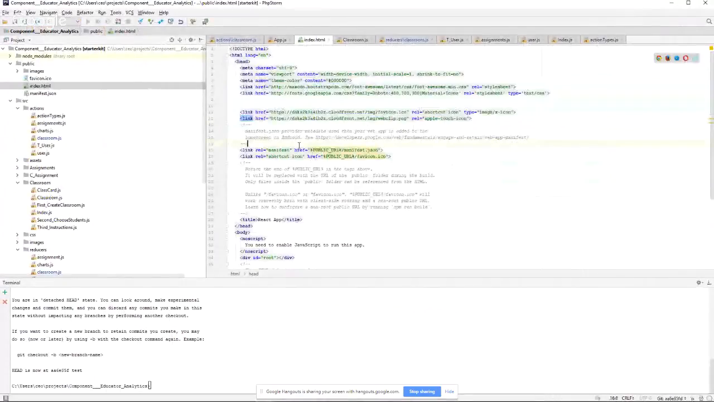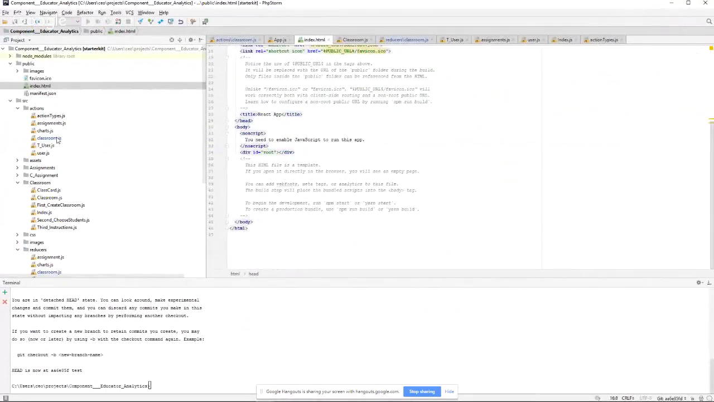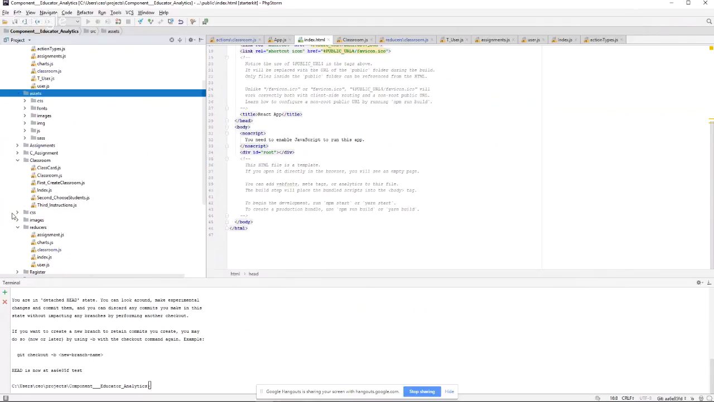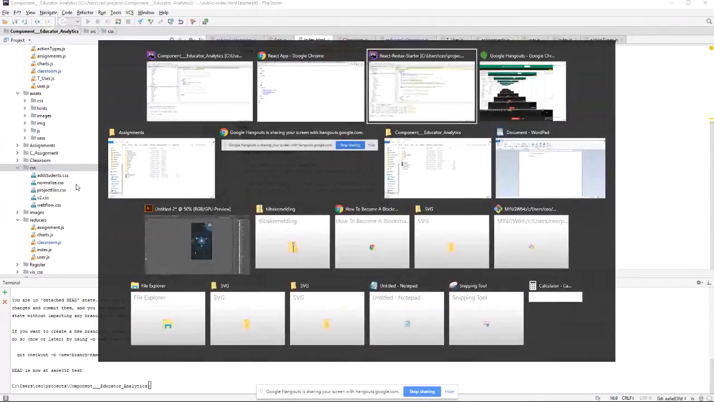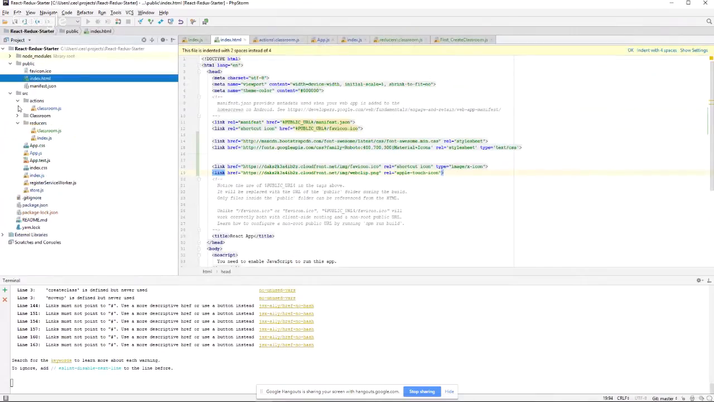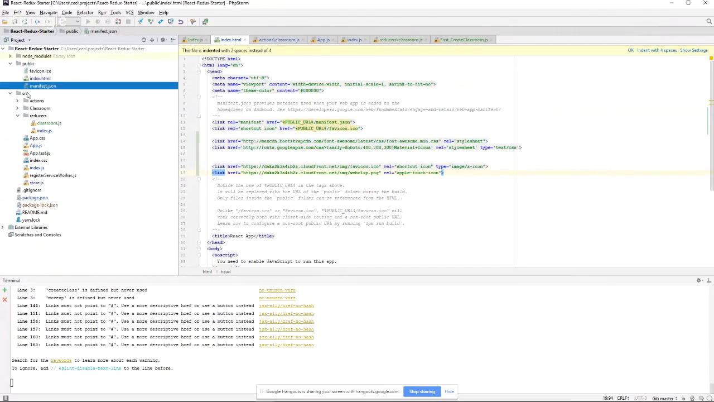All right, and what else do we have here? So from which of these, assets look pretty important to me. CSS looks pretty important to me as well. So I'm going to create